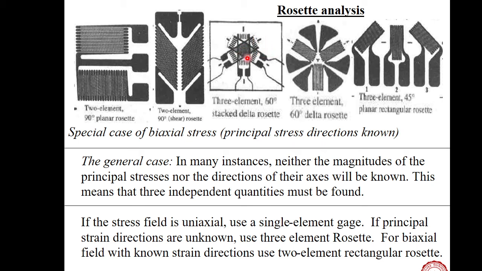But if we have a large strain gradient, where the stress field has a wide variation, like close to a stress concentration area, in such cases we have to use this type of strain gauge. So these are for different purposes of our measurement. These types of strain gauges are available, known as strain rosettes or rosette analysis. So let us see how we make this measurement. So this is understood: what a strain rosette is and why we use them.